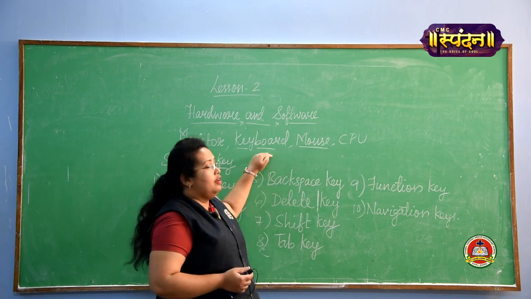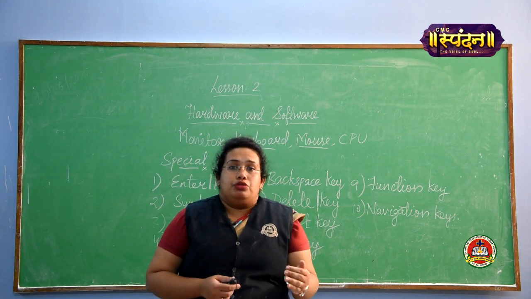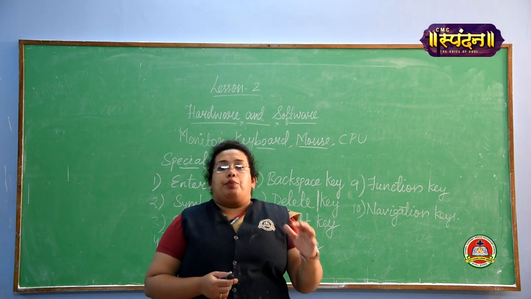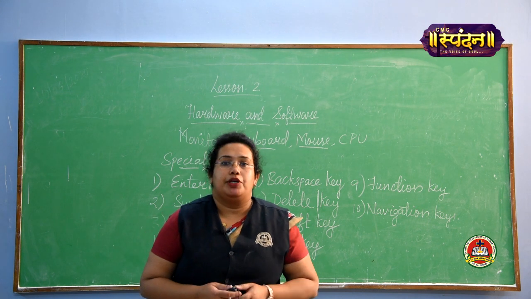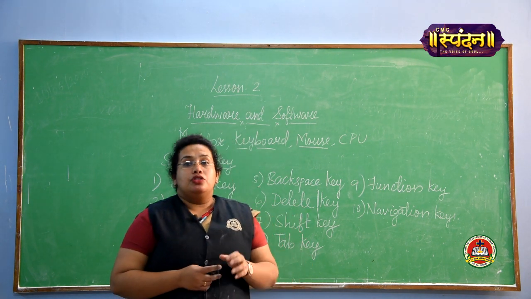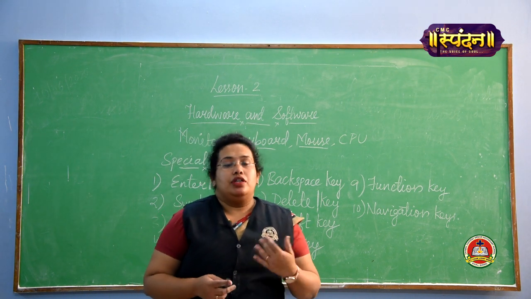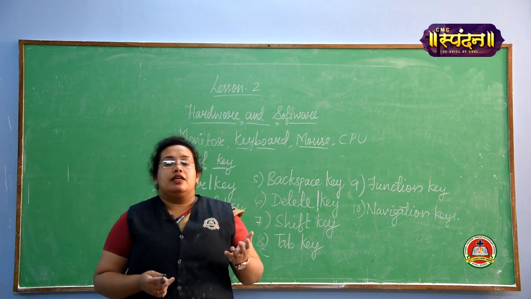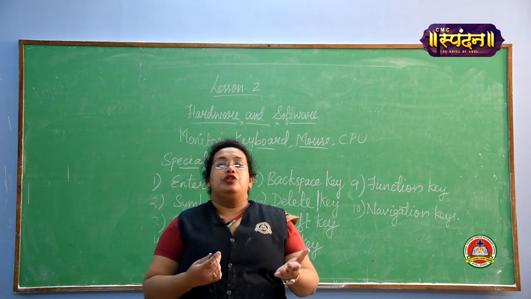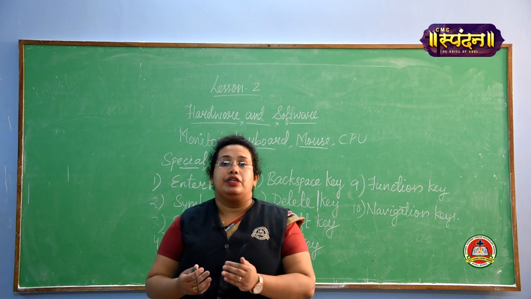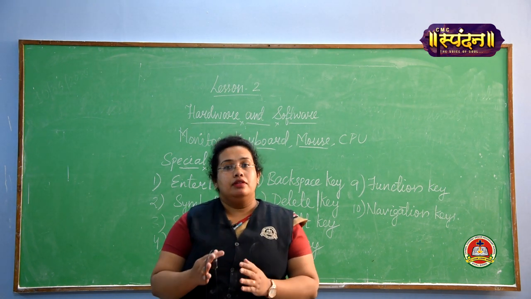Whatever information you are giving from the keyboard and mouse or from any input device goes to the processing machine and gets processed, and the output device shows us the output of that particular input. To see the output we need a monitor, a speaker, a printer. So these come under input, processing, output, and after getting output, if you want to save that output you need a storage device. Storage device is used to store things.